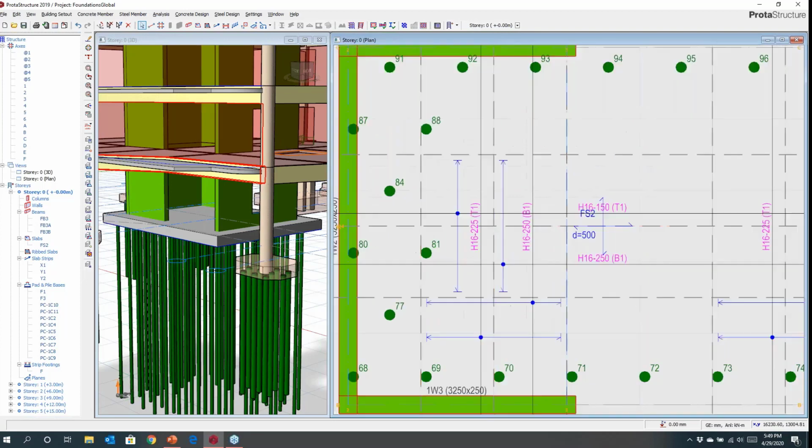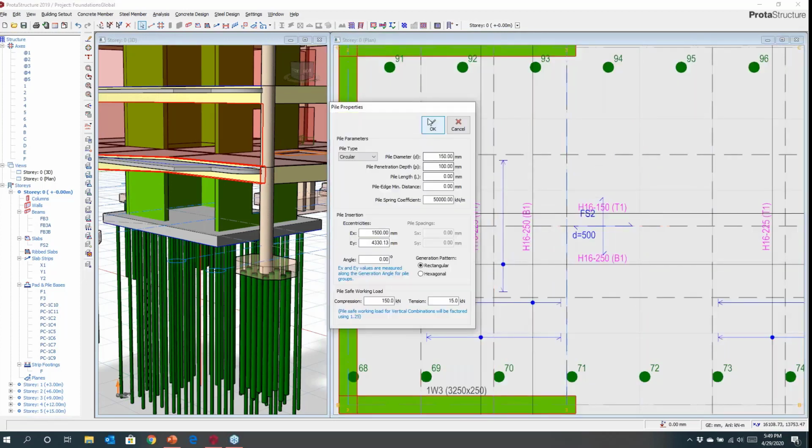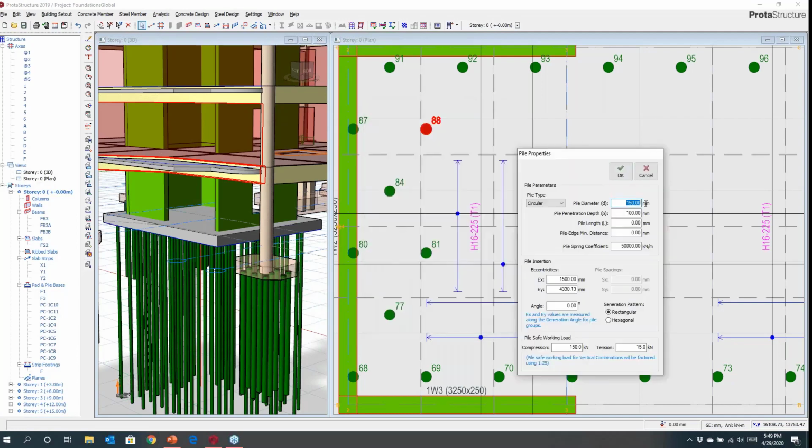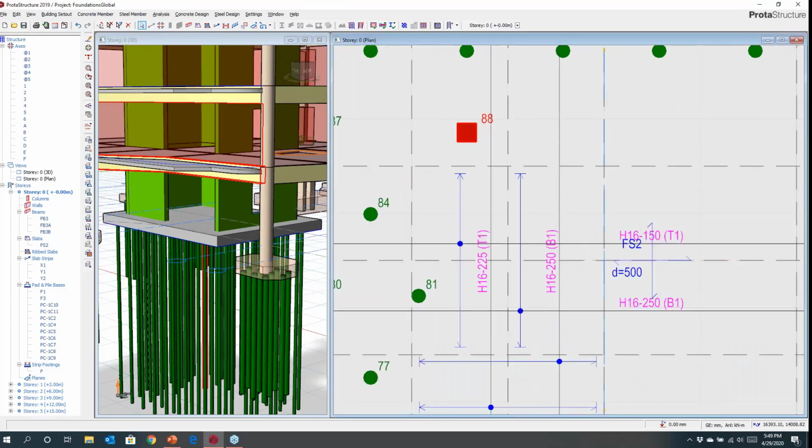I can then come and play with a custom arrangement of piles here. And these are all editable, so all the properties here you can manipulate to suit your requirements. So if I have a bigger pile, maybe it's a square pile, I want to move it around and maybe increase the capacities, that type of thing can all be done here, and you can just adapt this to suit